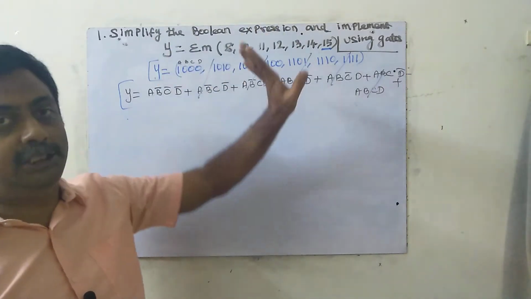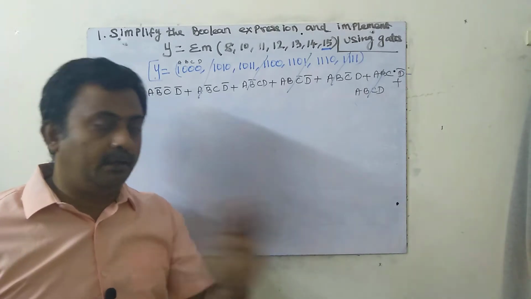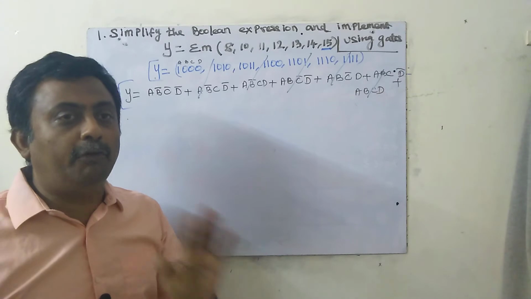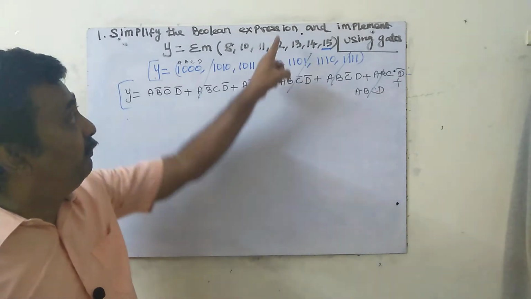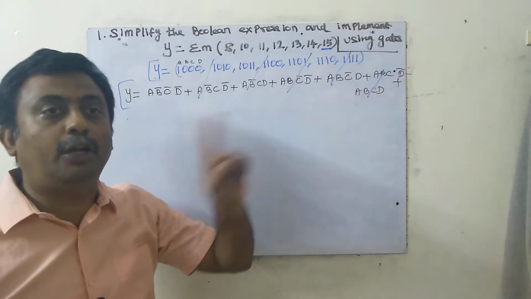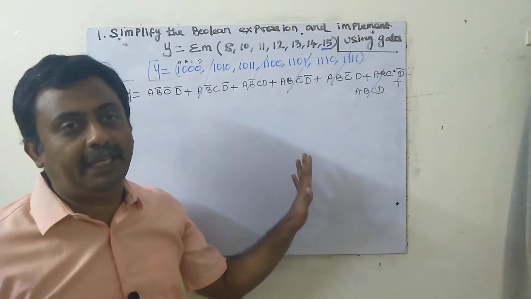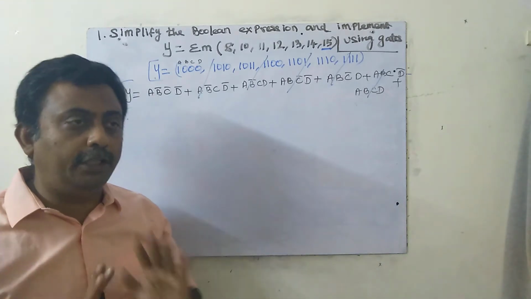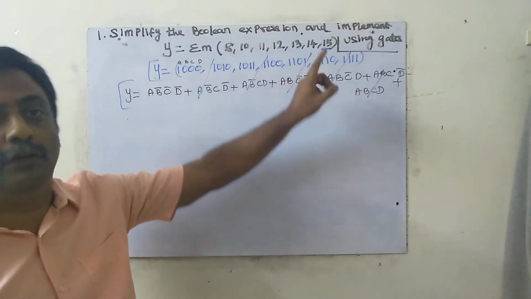Any Boolean algebra with 2 variables is solved by ordinary Boolean algebra. With 3 variables, 4 variables, 5 variables, you solve by the K-map method. If it is given with the tabulation method or Quine-McCluskey method, both are the same, and you can solve by that method. Otherwise, generally you solve by the K-map method. Not only this unit, but the first, second, third and fourth units, in all the units we are going to solve Boolean expressions.